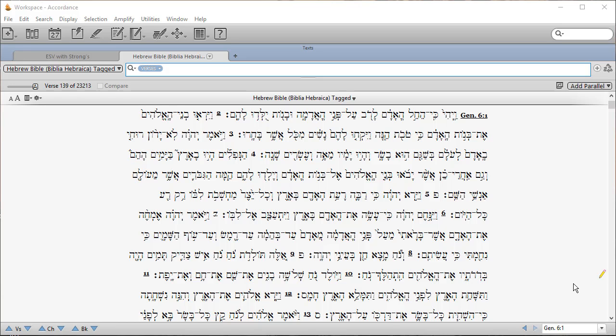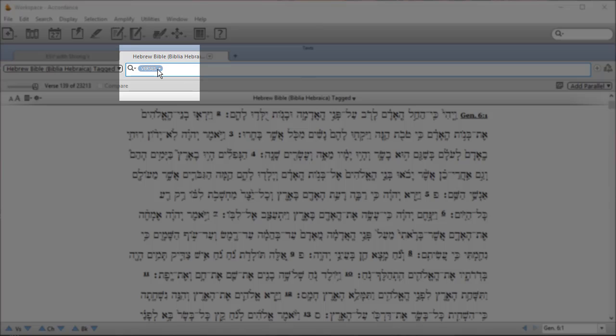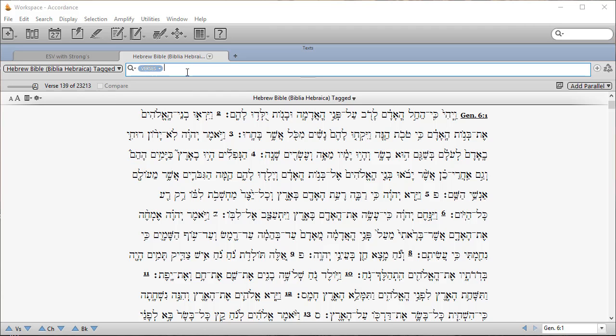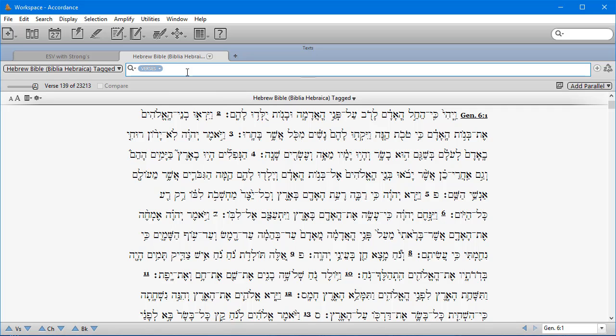Okay, we are going to look now at instant details and a few other miscellaneous features inside Accordance. So I'm back up now. I have a Hebrew window. It's still set at Genesis 6:1, which is where we left off last time. And up here in the white bar at the top, this command and search bar, if the blue-gray is set to verses, then I can type a book and a verse right into the